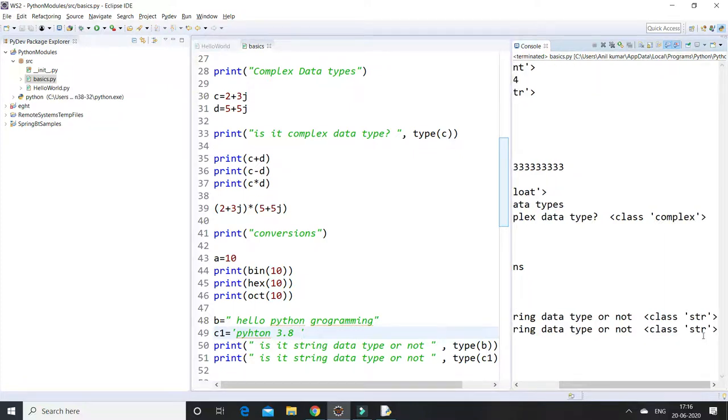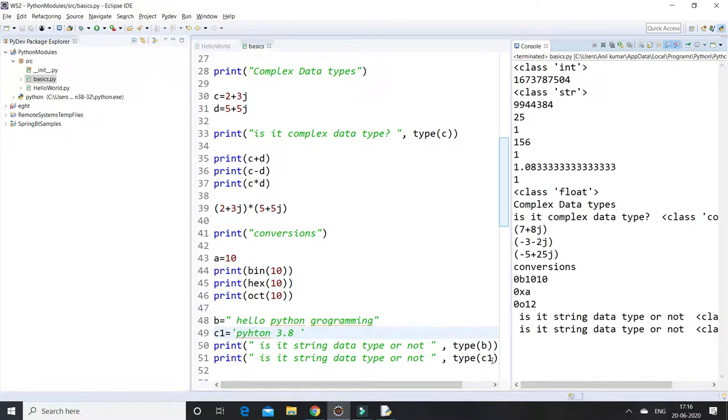See, it is string only. Previously, instead of c1 I passed C only, so that's why it showed as complex numbers. These are the arithmetic operations, how to declare variables, and the different data types present in Python programming.